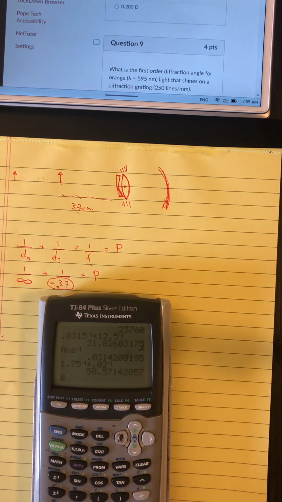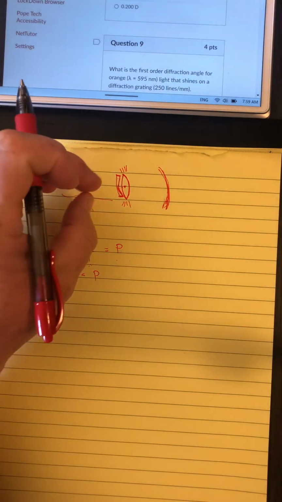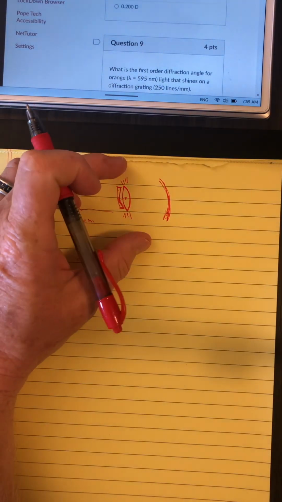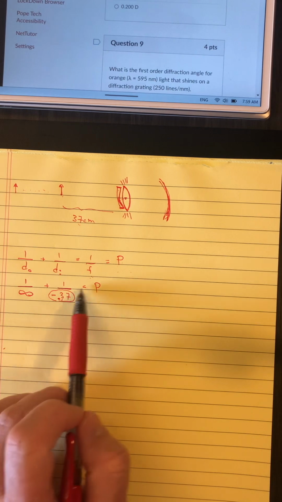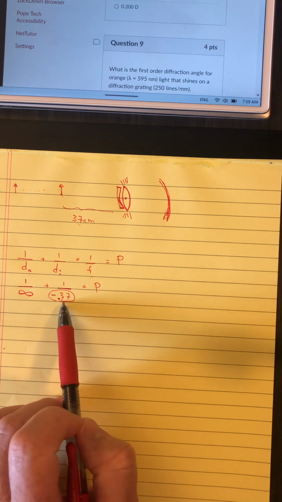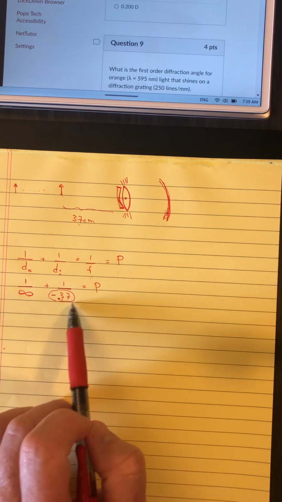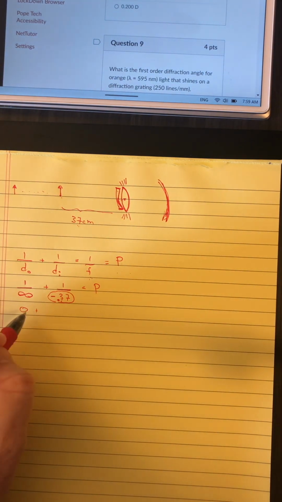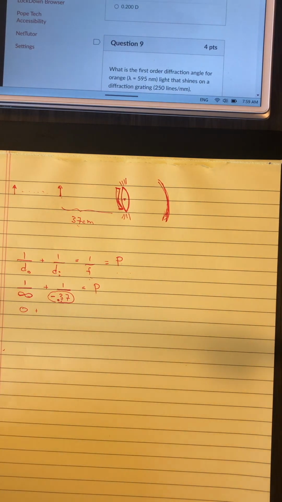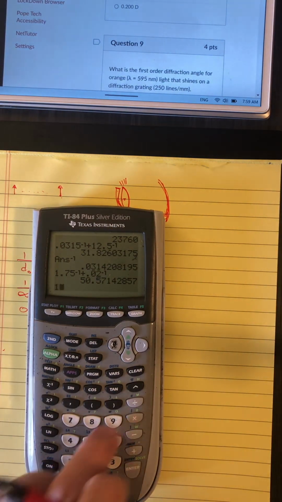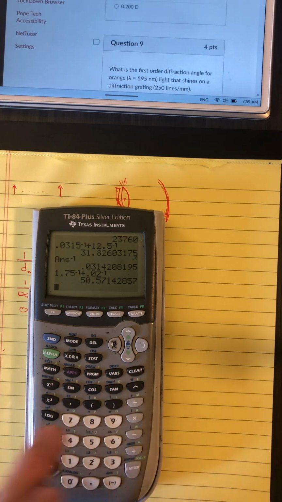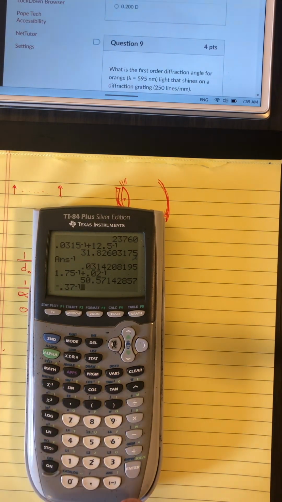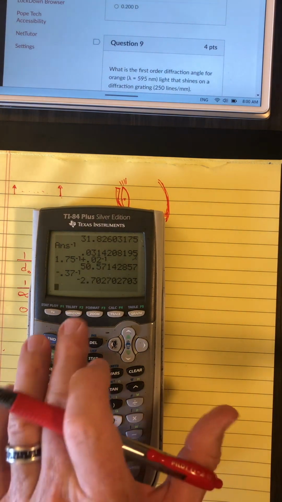In fact, all nearsighted people then want to have the lens or the light be divergent. So all nearsighted people are going to have a prescription that has a negative number, whereas farsighted people will always have a positive. Anyways, this 1 over infinity we can just write as a 0. And so then this just becomes 1 divided by, I'll use the reciprocal key again, negative 0.37 reciprocal, and that is going to give us a negative